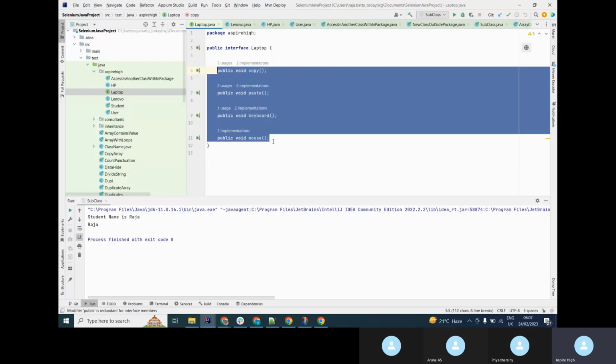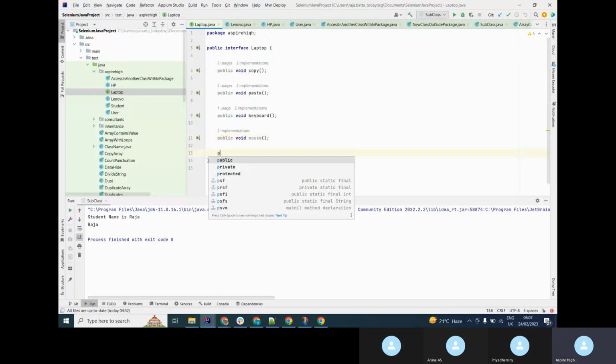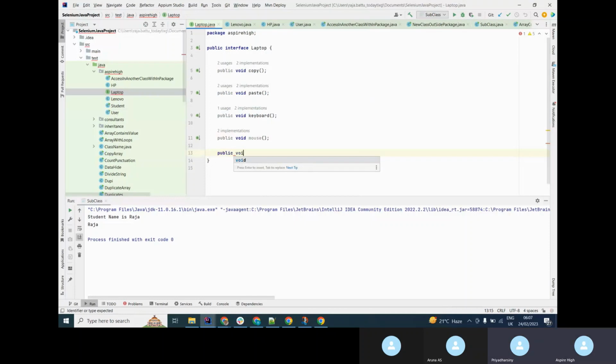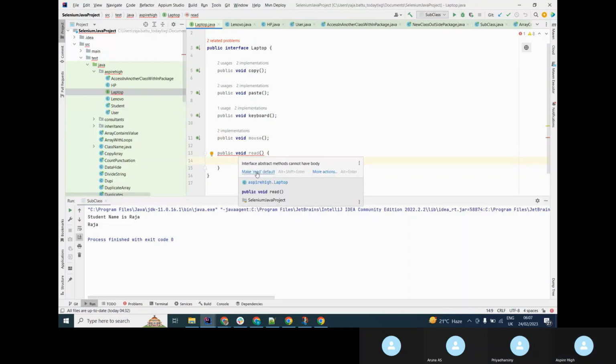So ours is here, right? Now I will create one more method, public void. Tell me anything, what can we write? Okay, I'll create one method, read. I'm creating an interface method. If you want to implement the interface method, we need to use only